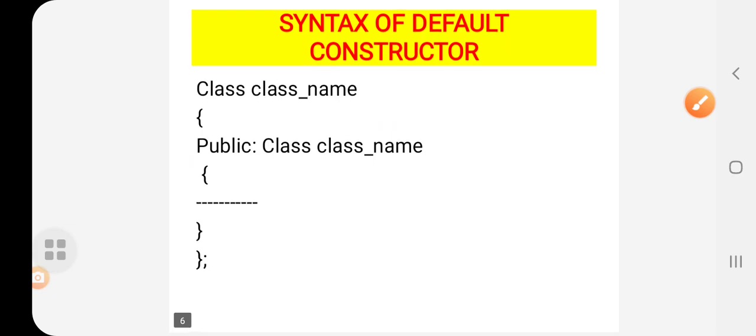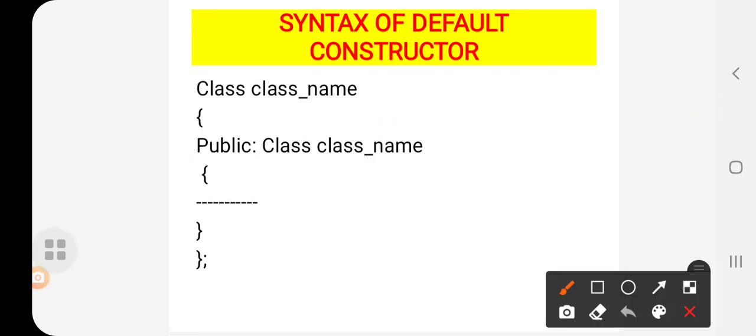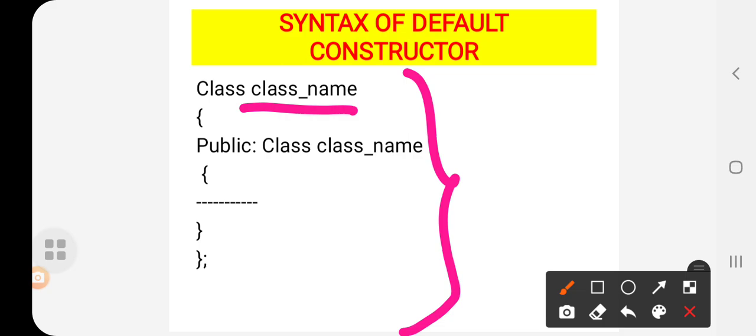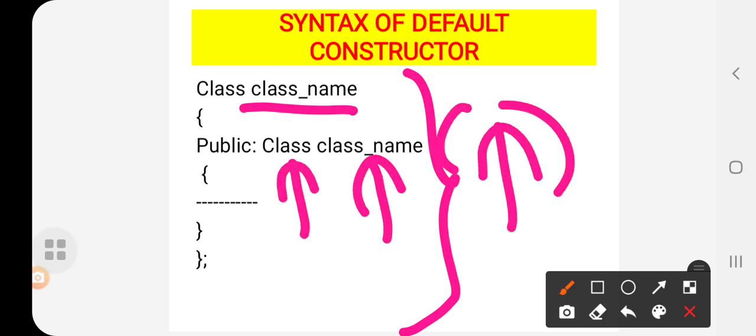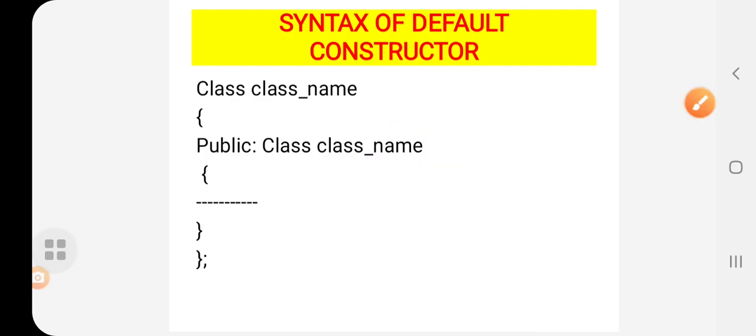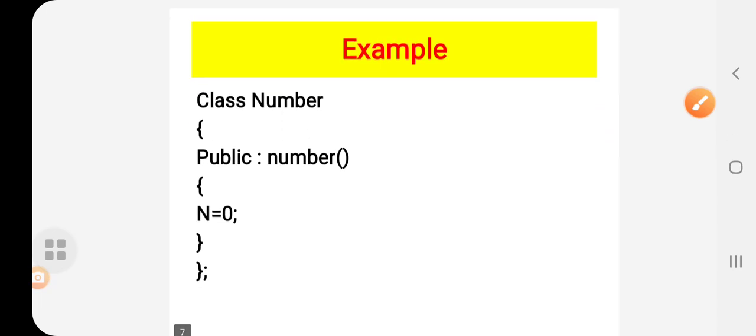Next is the syntax of a default constructor: class name, class name. See here, there are no arguments passed. Whatever the class name is, the constructor name will be the same, but there are no arguments. Next we will see the example.